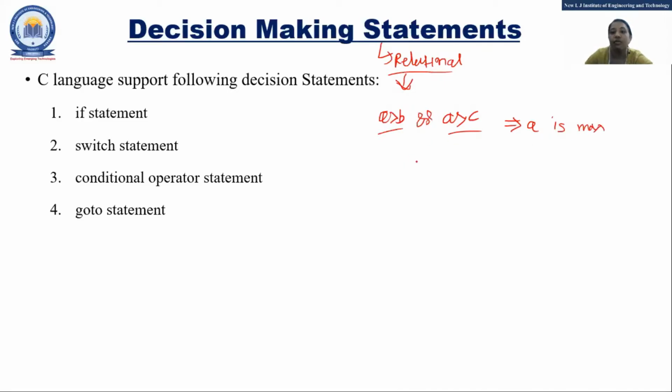For that you need to use this operator, and this is called a logical operator. The double pipeline means or, and this one is for and. Clear? So mostly we are going to use relational and logical operators with this, right?